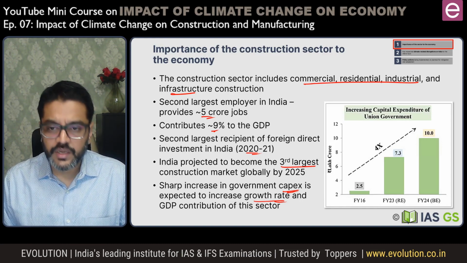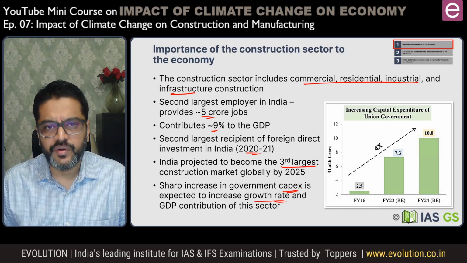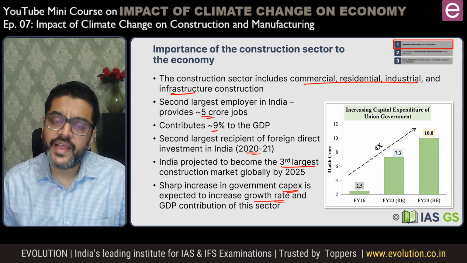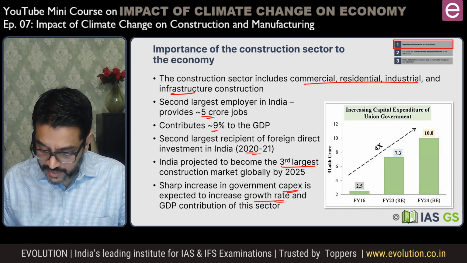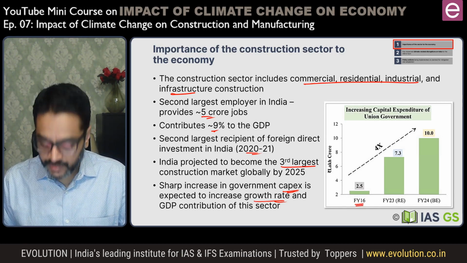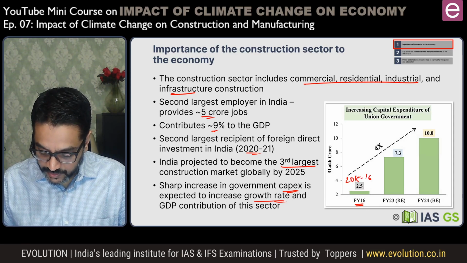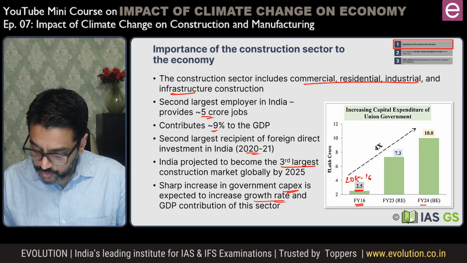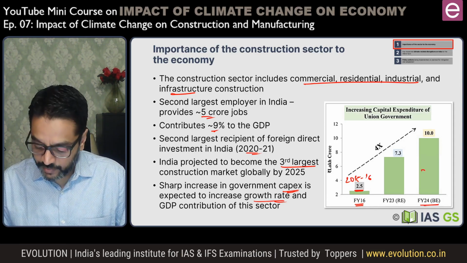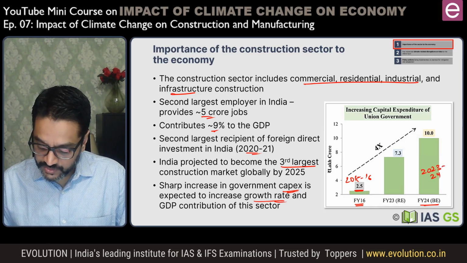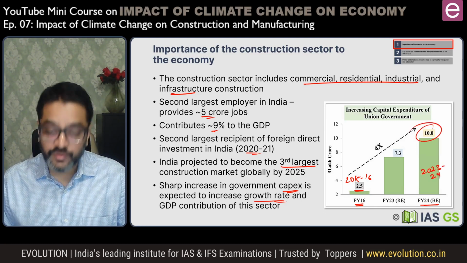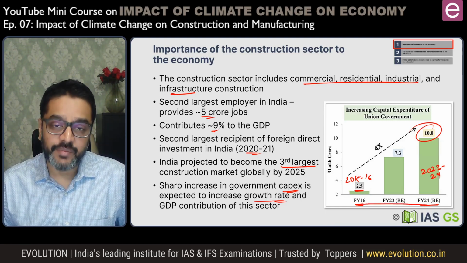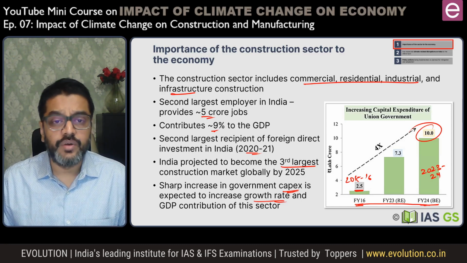If you look at this chart from the budget documents of 2023-24, then you get an idea of what I'm talking about when I say that the government has sharply increased its expenditure, right? So in FY 2016, which means the year 2015-16, the government's capital expenditure was 2.5 lakh crore rupees. In the most recent budget for 2023-24, which is FY 24, the government has said it is going to spend 10 lakh crore rupees. So in a period of 8 years, the government's expenditure on creating capital assets has gone up by 4 times,